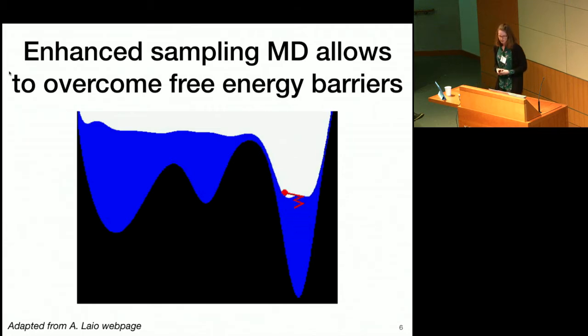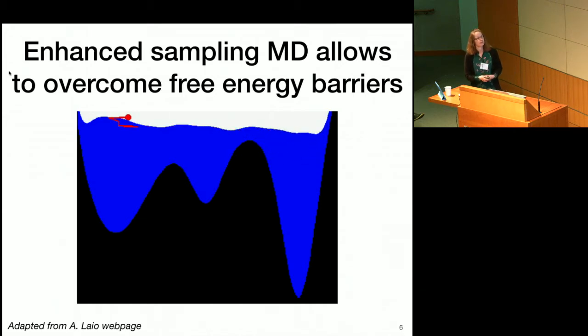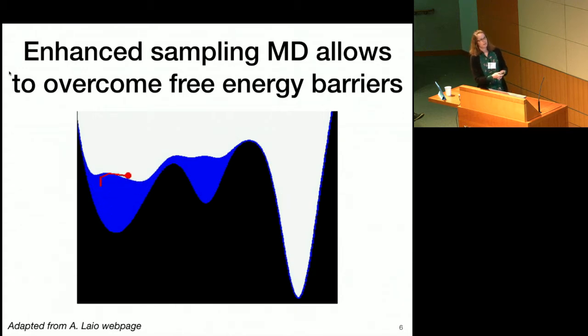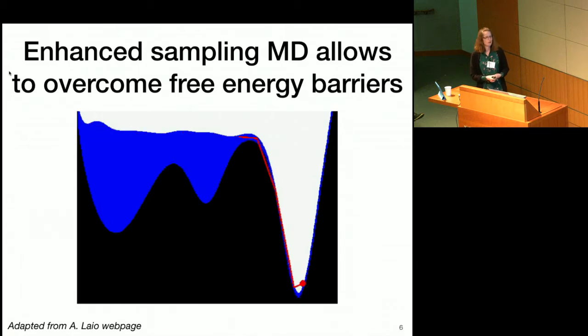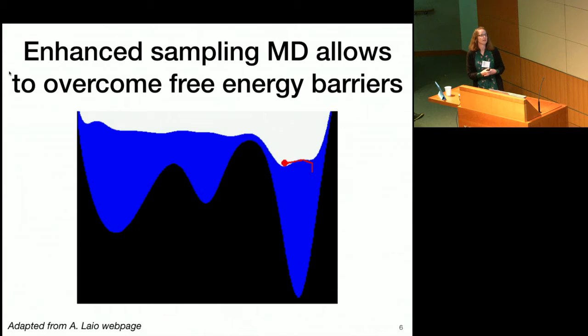And there are many techniques that allow us to overcome free energy barriers. This is adapted from Alessandro Laio's webpage and illustrates the way metadynamics works. But we heard this morning about ABF, about umbrella sampling, and other techniques that allow us to overcome free energy barriers and then sample a much larger part of the conformational landscape. With many of these techniques, if you modify the Hamiltonian in a controlled way, you will be able to recover the free energy landscape that was underlying the